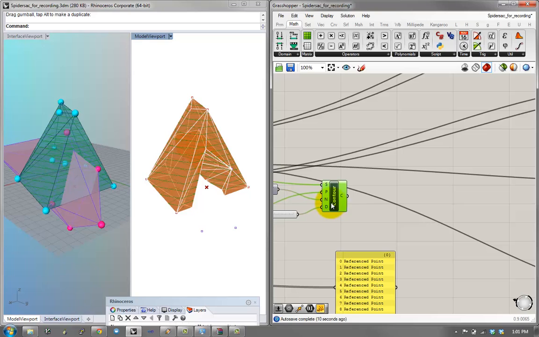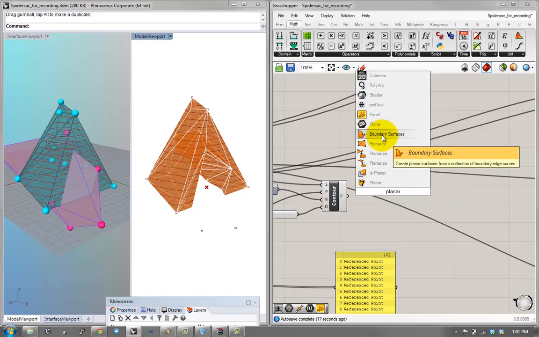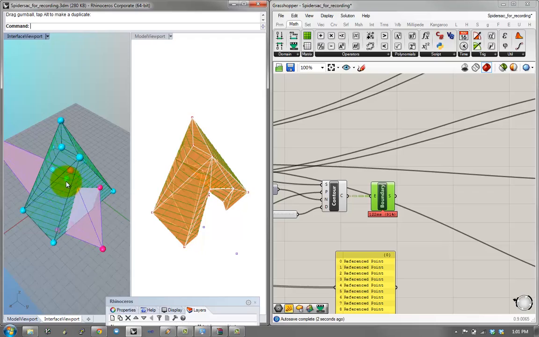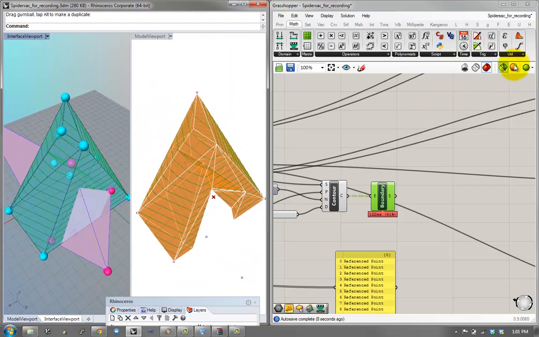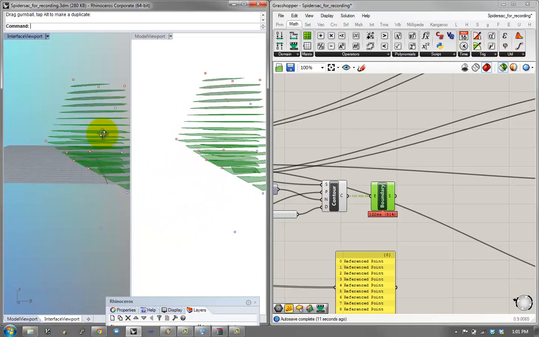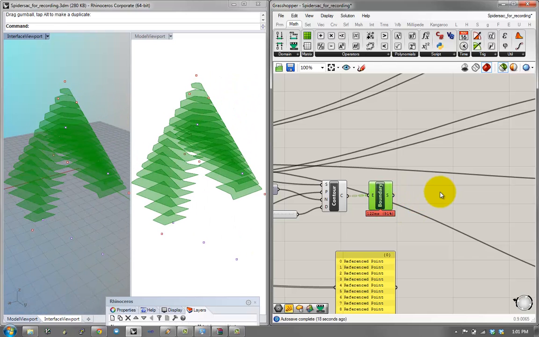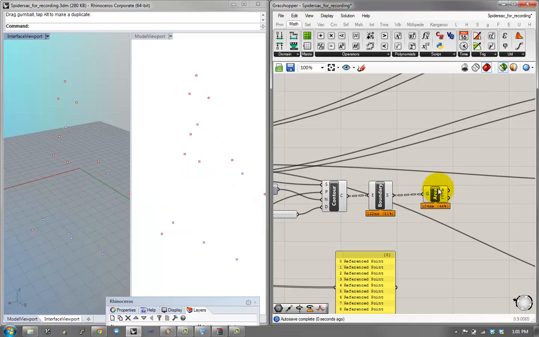And then with these contours, what I can do is make them planar surfaces with this boundary surface function. And right now actually you can't see them because you're seeing all the preview geometry, but if I click on this one, now you'll see that I can examine only the floor plates. And then I can grab the area function, plug it in here,